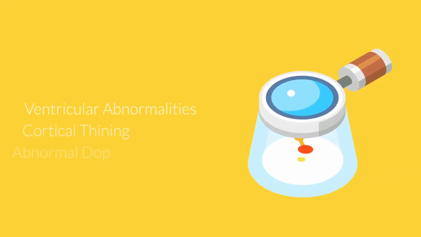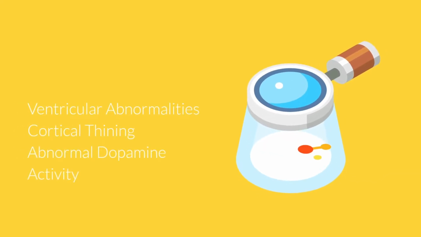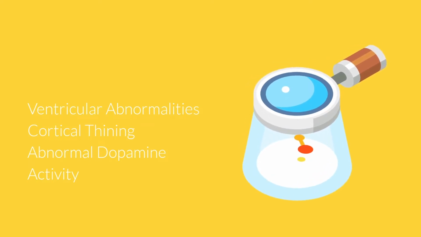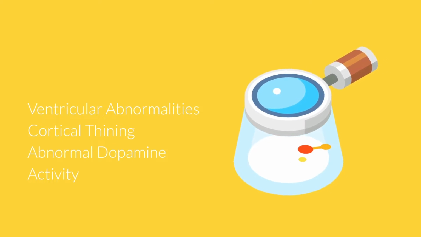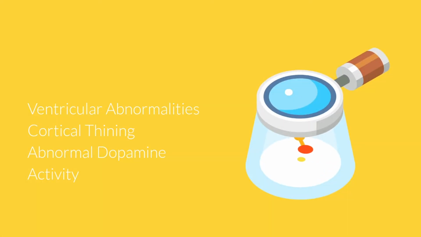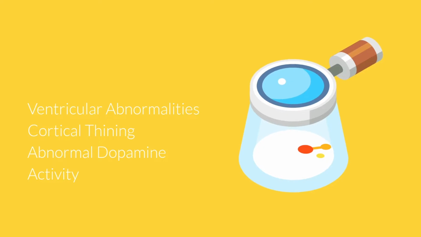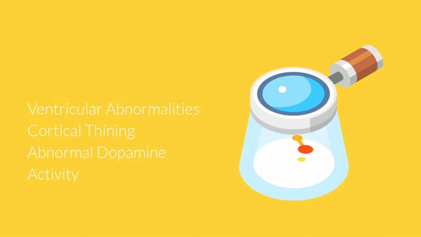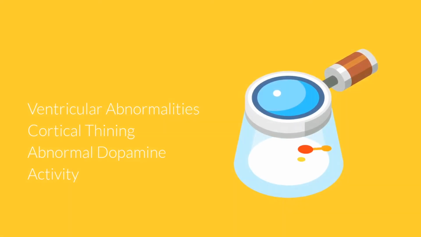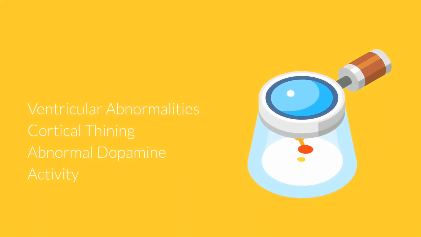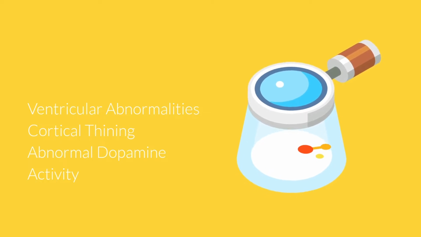Before we go on to discussing treatments for schizophrenia, I thought it was worthwhile to discuss the specific neurological differences in the brains of patients with schizophrenia. First off, scientists have noticed that the ventricles, which are fluid-filled structures in the brain, seem to be larger in the brains of people with schizophrenia compared to the general population. And they think this is because of a reduction of neural tissue, which leads me to number 2, cortical thinning, meaning that their cerebrum seems to be thinner, especially in the frontal and temporal lobes.